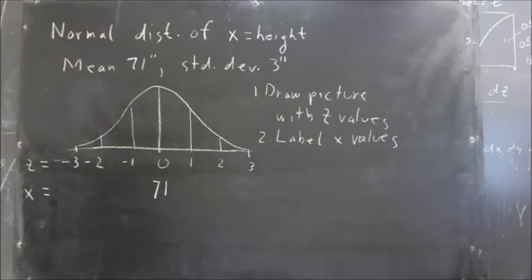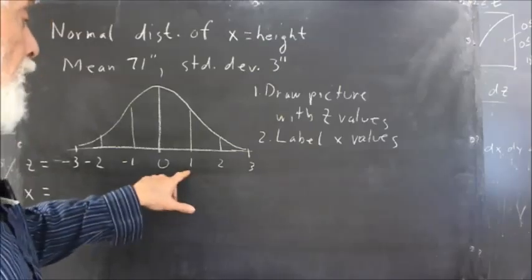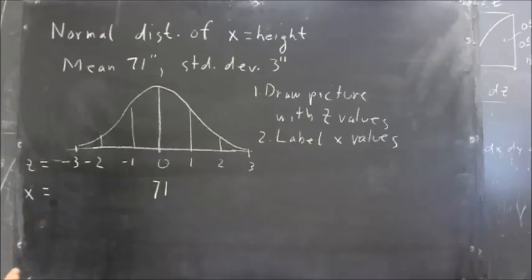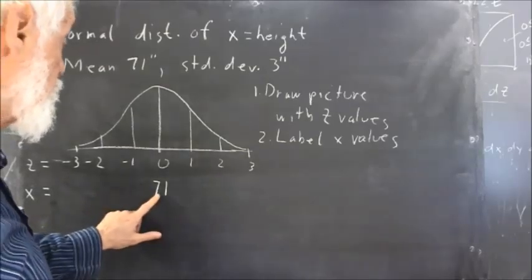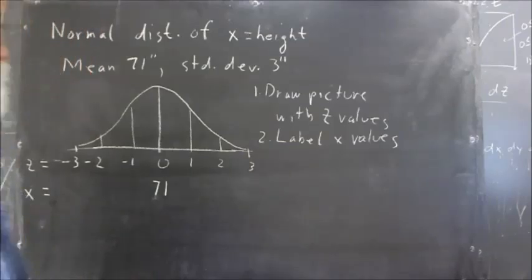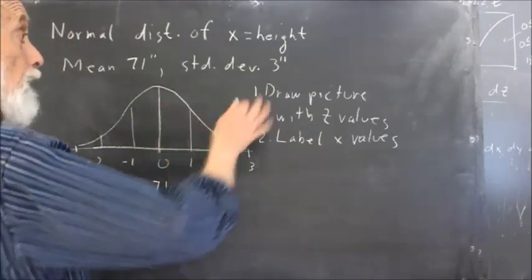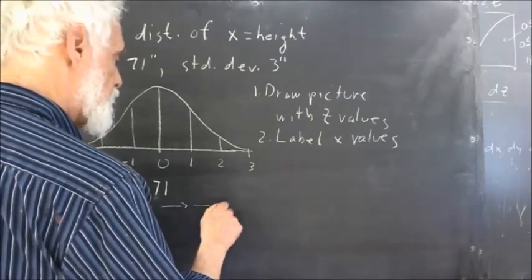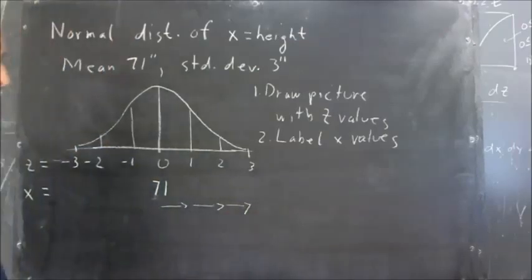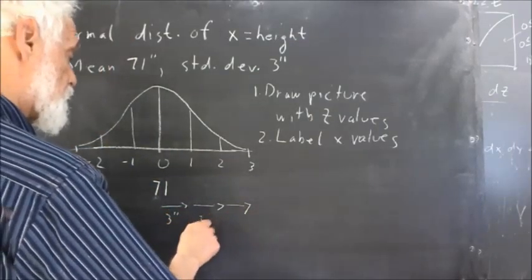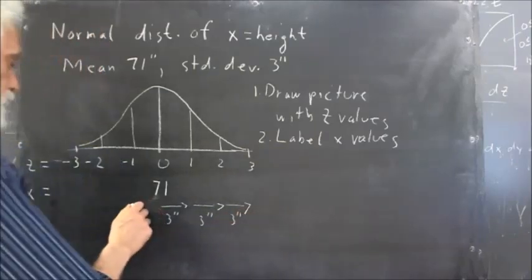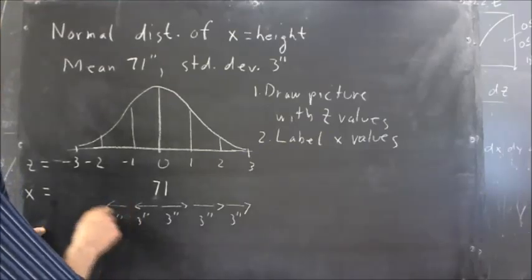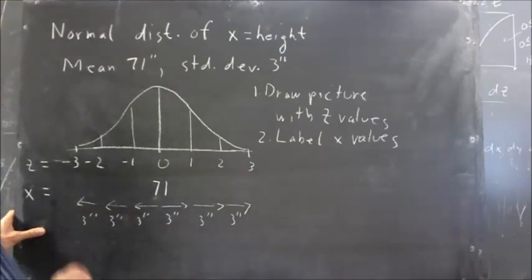Okay, now, we also have to label the x values at 1, 2, and 3 standard deviations above, and 1, 2, and 3 standard deviations below the mean. So what are those labelings? You should pause and actually label this yourself. Okay, well, the standard deviation is 3 inches. That means each of these standard deviations is going to be 3 inches. We're going to have 3 inches, 3 inches, 3 inches, and over here on this side, 3 inches, 3 inches, and 3 inches,